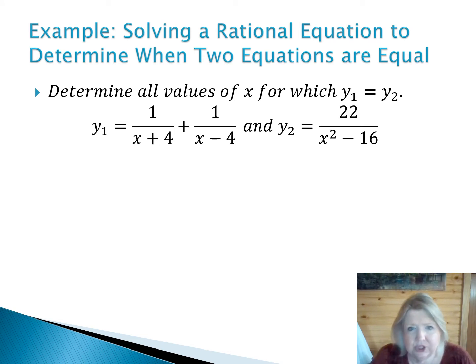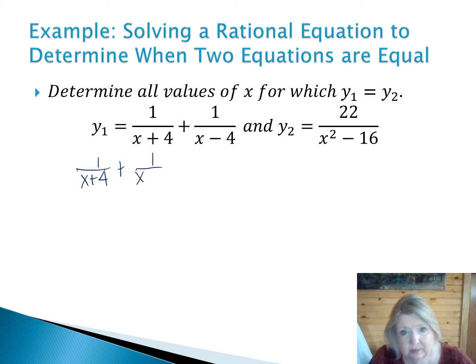And that is determine the values for x for which y1 equals y2. In other words, I've got two different situations and I need them to work at the same time. So all that is an equation that says 1 over x plus 4 plus 1 over x minus 4